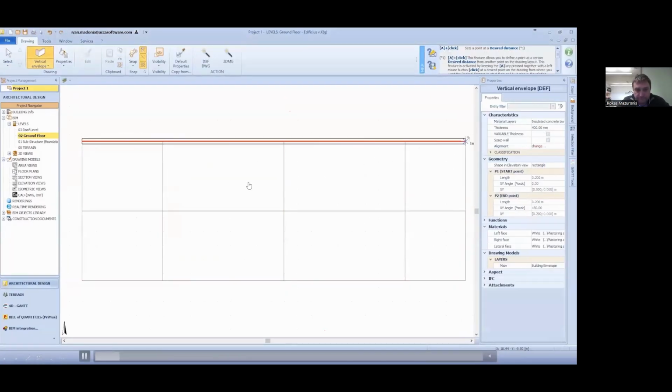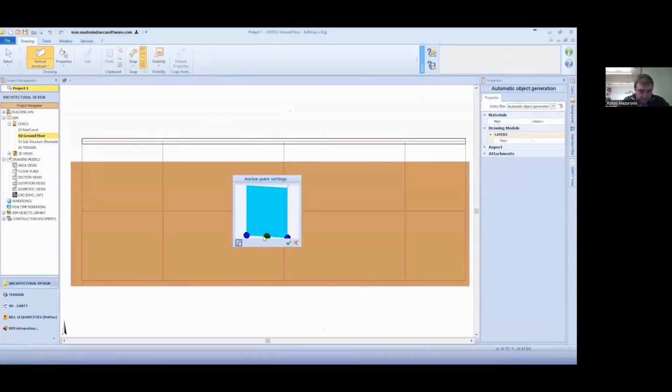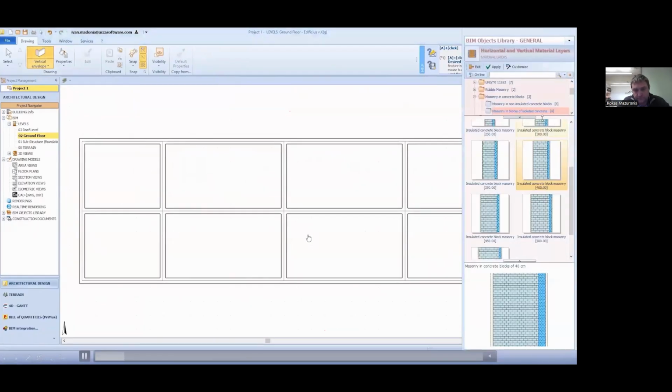The library proposes a series of different combinations. We can of course insert these walls using the snap points on the 2D magnetic grid, or we can use the magic wand, it's called here. So what we do is we simply select the magic wand and run a selection rectangle over all of the lines of the 2D magnetic grid. Notice how all of the objects stick to the different lines and intersections of the 2D magnetic grid.